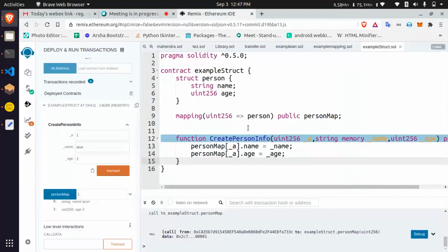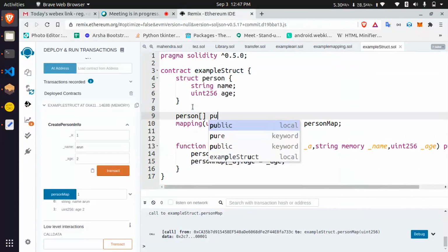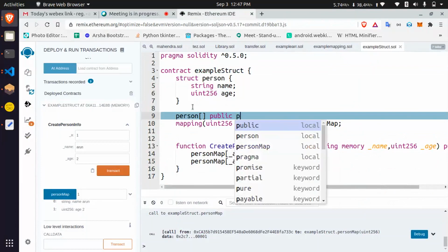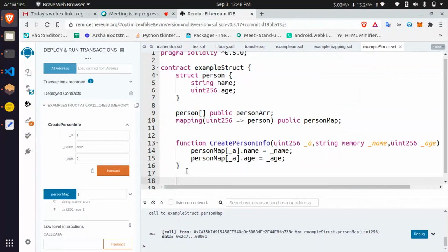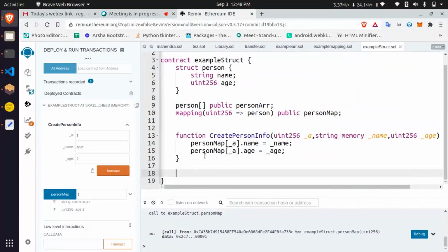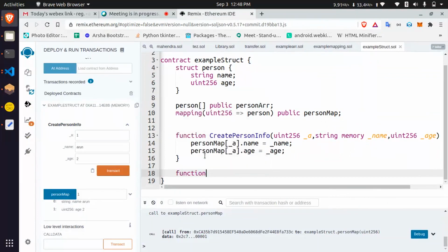Okay, let's see array of things. I am going to create a person array, public. Now person is one of the array. This function I'm going to write, person function, create person info array of